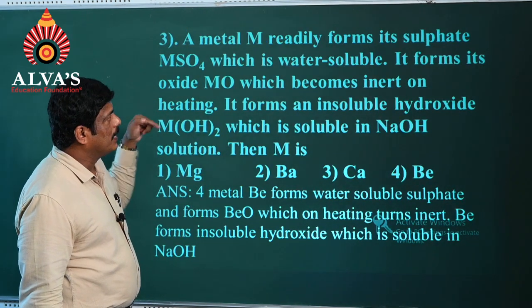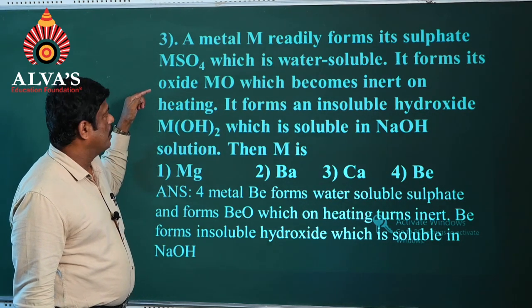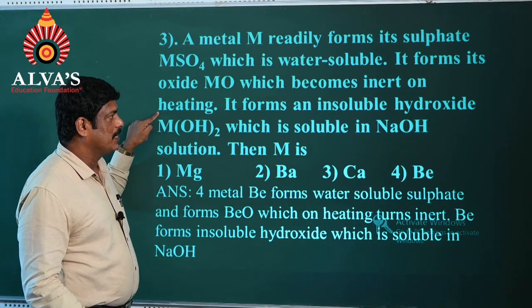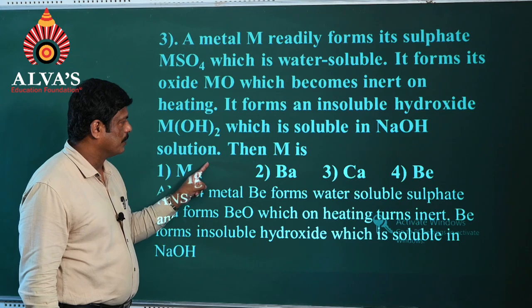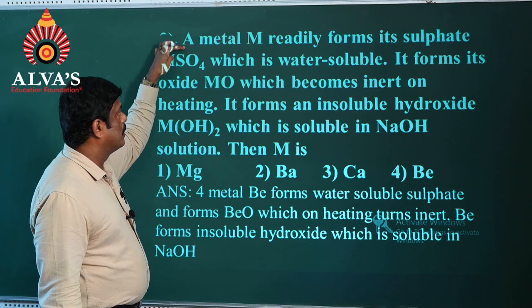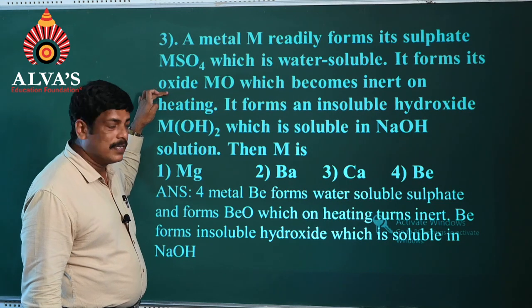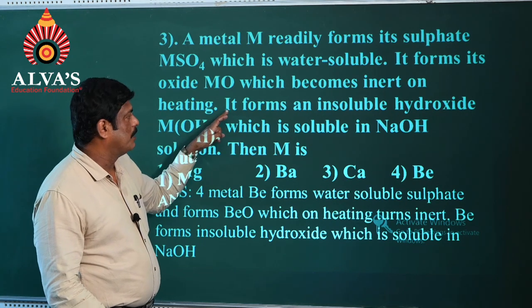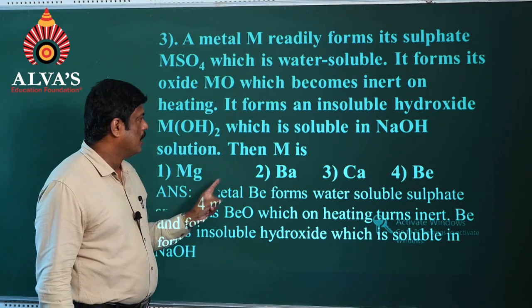A metal M readily forms its sulphate, MSO4, which is water soluble. It forms its oxide MO, which becomes inert on heating. It forms an insoluble hydroxide, M(OH)2, which is soluble in sodium hydroxide solution. Then M is. So they have given the clues that a metal readily forms a sulphate that is water soluble, and second, its oxide is inert to heat. And the third concept is it forms an insoluble hydroxide M(OH)2, but this M(OH)2 is soluble in sodium hydroxide